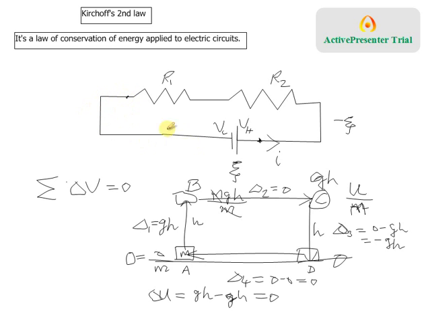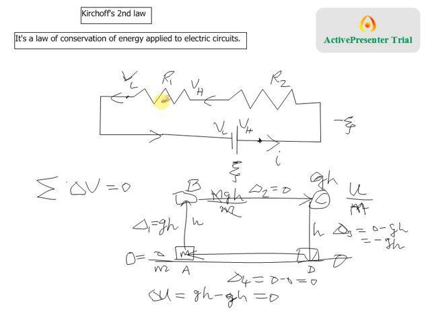Now look here, the current direction is like this. Now current will always flow from higher potential to lower potential through a resistor. Now you are going against the direction of current. So this point is higher potential or lower potential? Now current flows from here to here. This is higher potential or lower potential? Higher. Yes, because current will flow only from higher to lower potential. This is lower potential. Agreed? So now when you go from here to here, you are actually going from lower to higher potential as an imaginary positive charge. So your change in potential would be positive or negative? Positive. So that would be VH minus VL in this region,